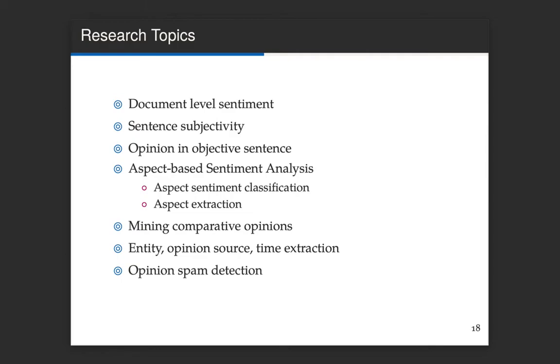You are only interested in knowing whether that opinion is positive, negative, neutral, or any other category.